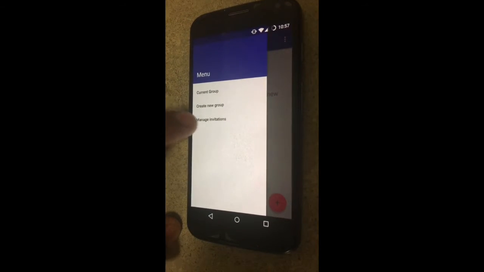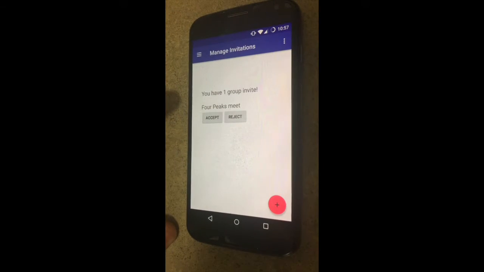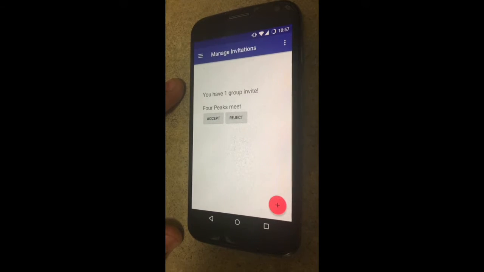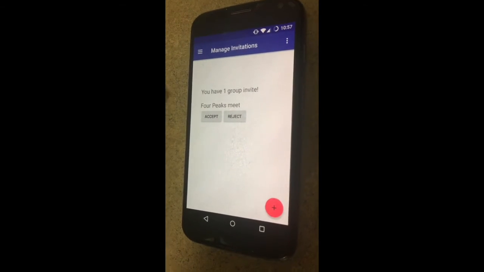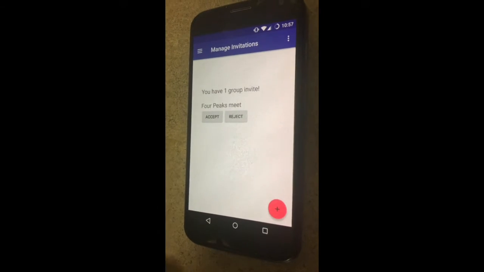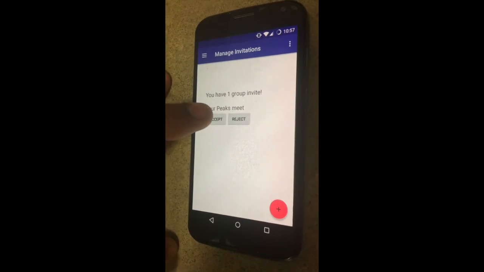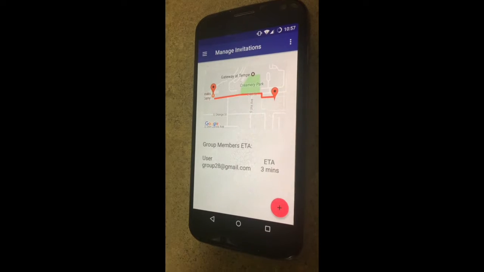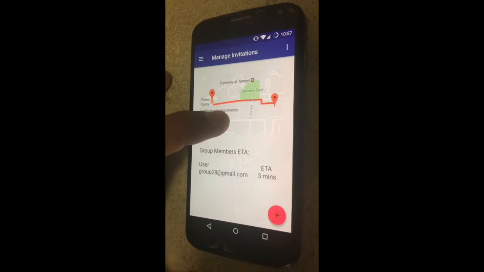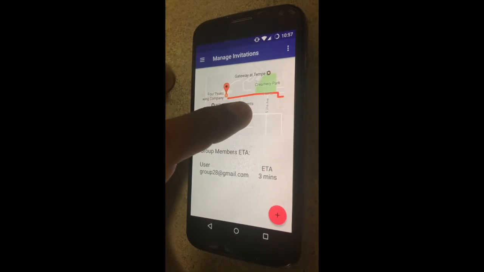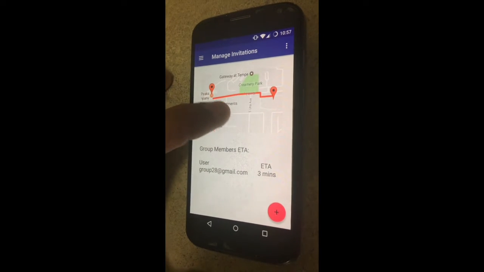Let's go ahead and manage invitations. Well, yes, we have got a group invite for 4Peaks Meet from group28@gmail.com. The user has the options of accept and reject for this invite. Let's go ahead and accept it. Yes, like we can see on the map, it's routing the user to 4Peaks Brewing Company. It's showing him a map,